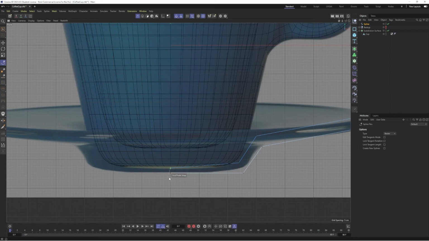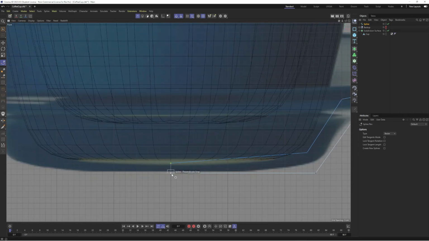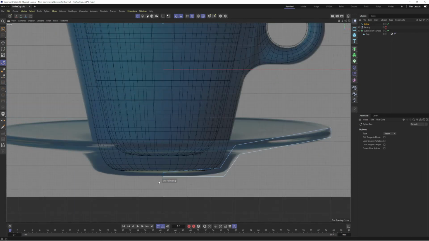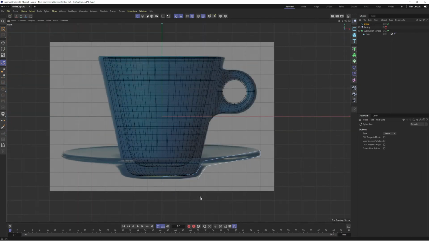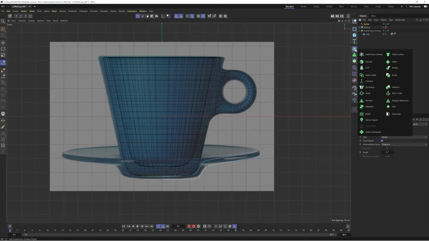And let's end our drawing by going back to the first point. So it finished the tool. Okay, good. So we have the curve, and now let's use the modifier. Let's select the spline. Okay, and let's use this modifier called lathe, and let's hold down Alt on the keyboard,